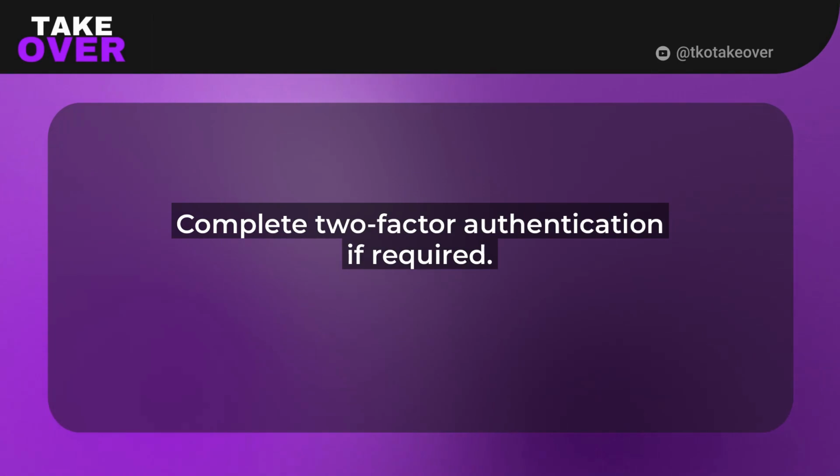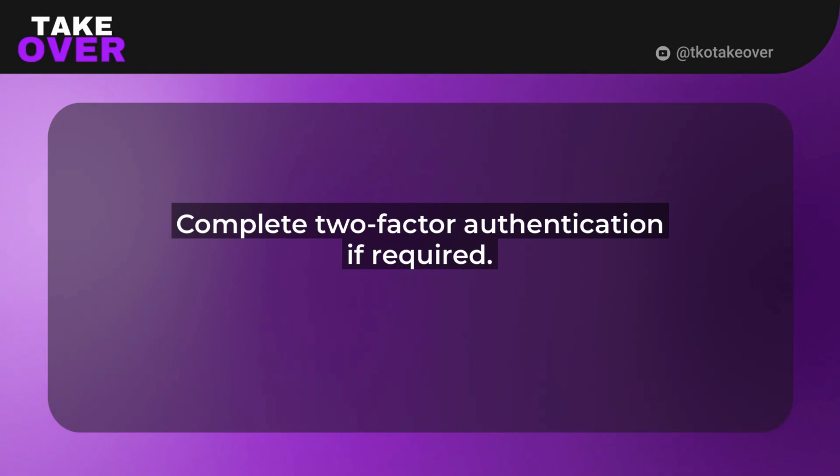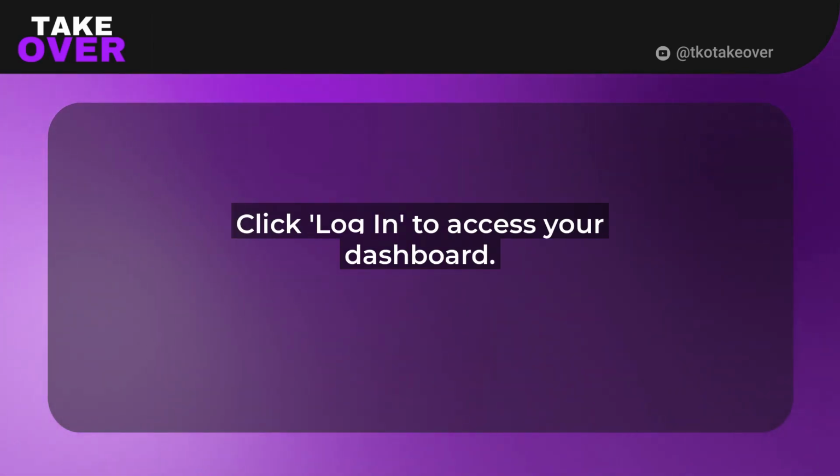If you have two-factor authentication enabled, which is a great security feature, you'll receive a code via text, email, or an authenticator app. Enter that code when prompted to verify your identity. Once everything is entered correctly, hit the Login button. Voila! You should now be logged into your Capital One dashboard, where you can view your accounts, check balances, transfer